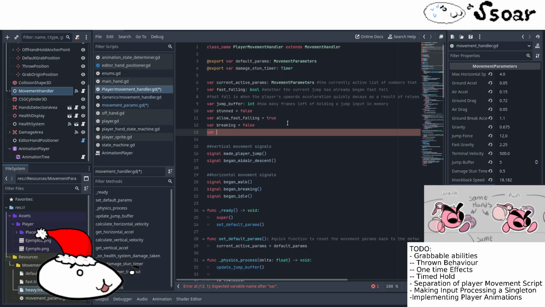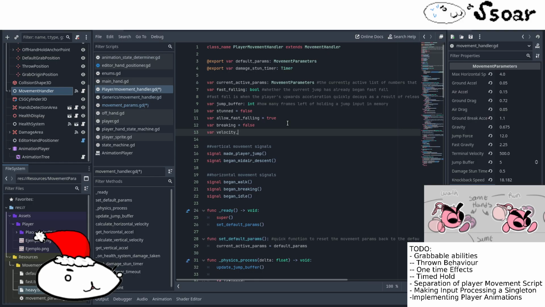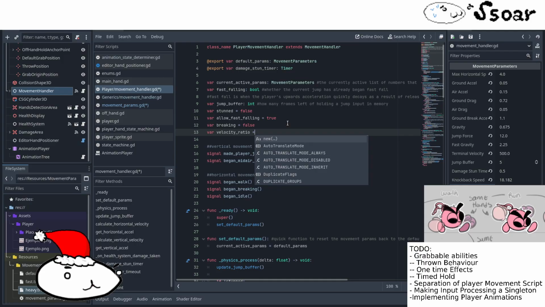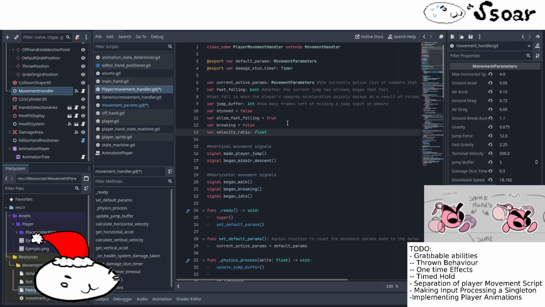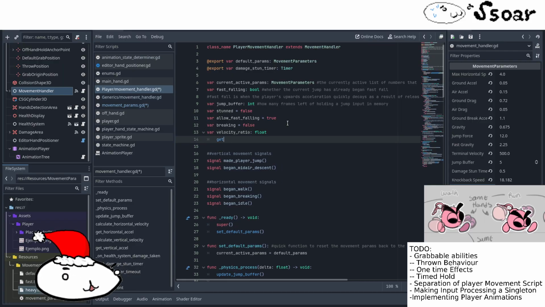It's not velocity portion, not velocity ratio, I guess. I'm not sure I like that, but sure. And this is going to be that simple. We don't actually need to update this every frame. We can just have it be calculated only when it is needed. So we're gonna say when it is gotten,